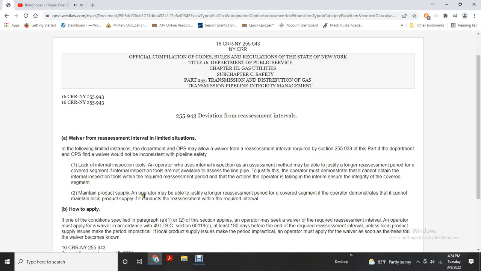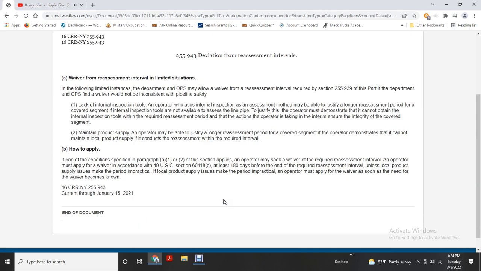The operator must demonstrate that local product supply cannot be maintained with the required reassessment interval. To apply, in order to meet one condition specified in paragraph A1 and 2 of this section, the operator may seek a waiver of the required assessment interval. The operator must apply for a waiver under the condition in Title 49 U.S. Code